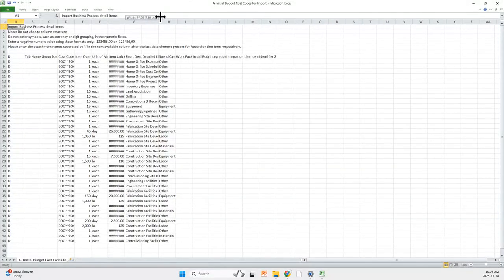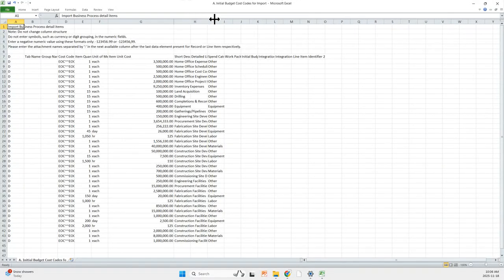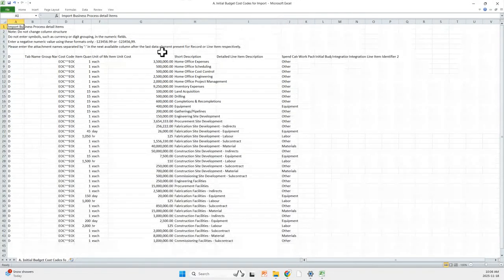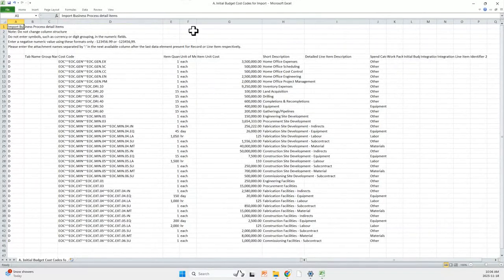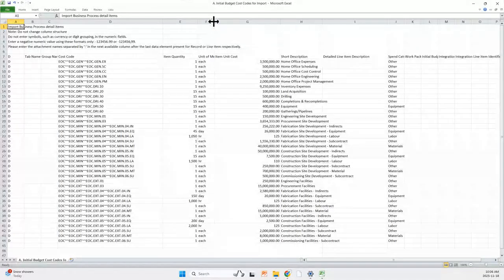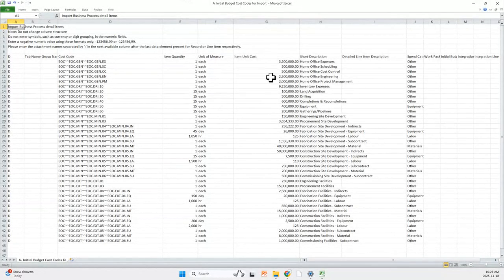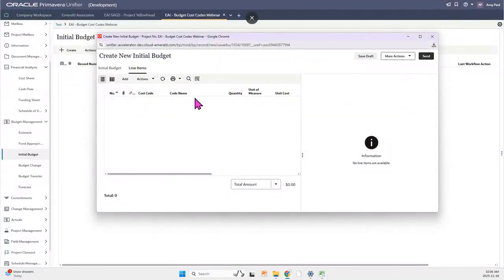So here you can see it's the same format of our CSV sheet, but this one already has all of our information entered. So we have our cost codes entered here, the item quantity for each, our unit of measure, our item unit cost, and more information entered. And we also have a line of Ds here just to help Unifier identify which line item is a line item. So once we have all of these set up, we're going to go right back into our Unifier